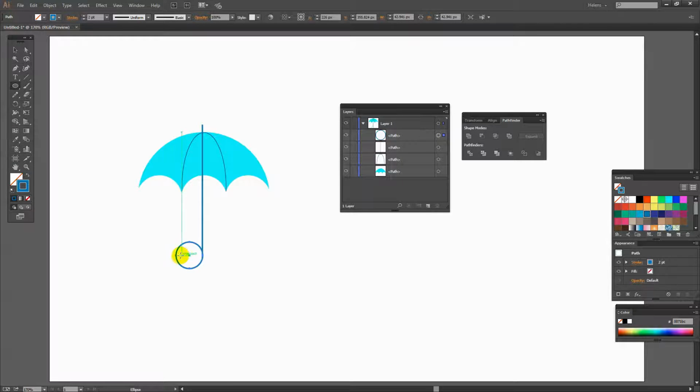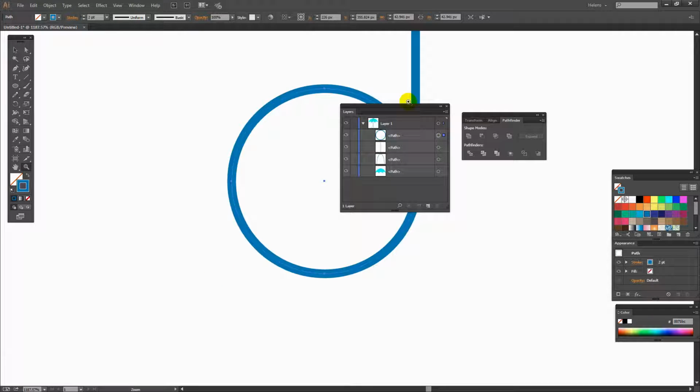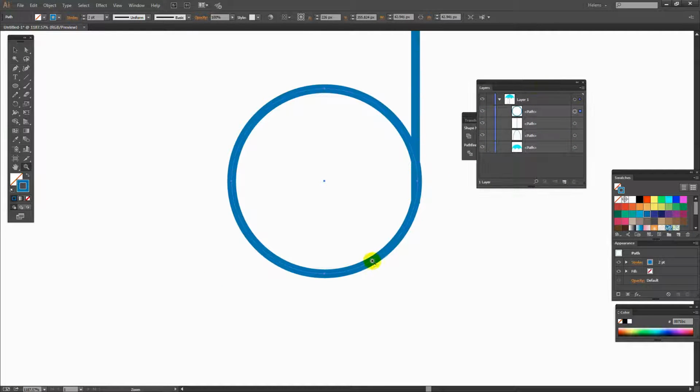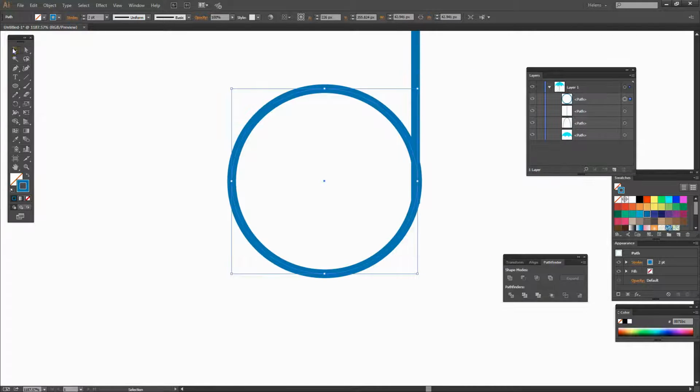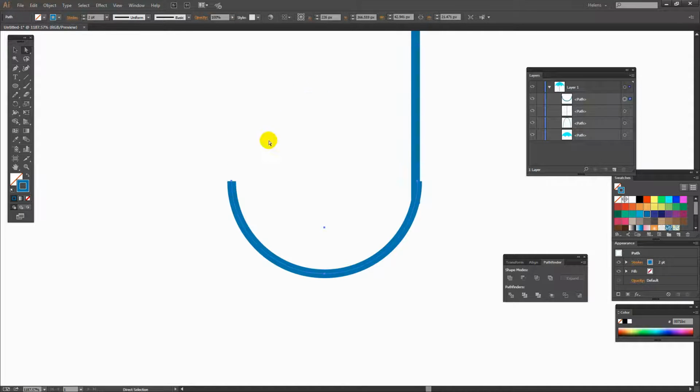Now I need to line everything up, so I'm going to zoom in here a little bit and grab the Move tool and just line these two shapes up. Now I'm having a little bit of difficulty aligning these two shapes right now, but I'm going to go ahead and create my half circle first before I start lining these up any better. So with the direct selection tool selected, I'm just going to click and drag so I can pick up this anchor point here. And I want to select that anchor point and press delete,